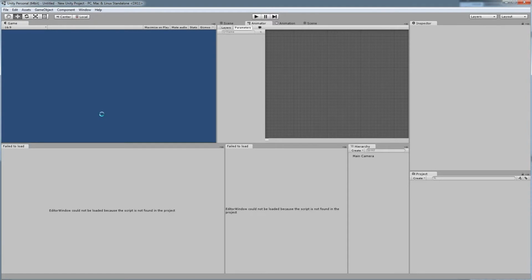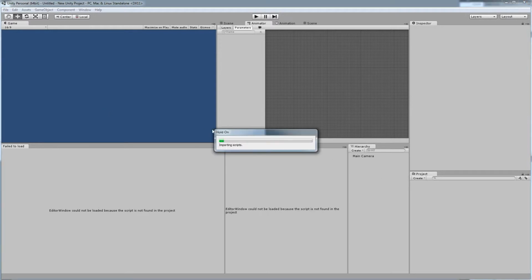And this will take a little while. Meanwhile, while it's loading, as you can see here, we have the game view. This is what you're going to see while you're playing the game. Over here we have the scene view, which won't work until that finishes uploading. We have the scene view, which I'll click on next, and then we have the animation tab, animator tab, and